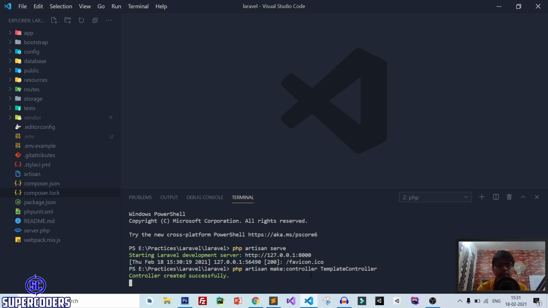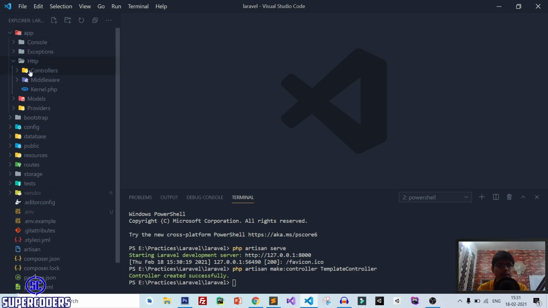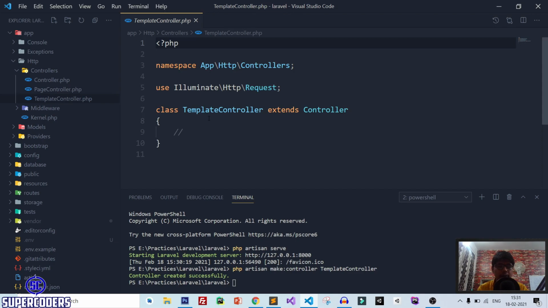Now click enter. Now you can see our controller has been created successfully. If you click on app, Http, Controllers, you can see TemplateController has been created.